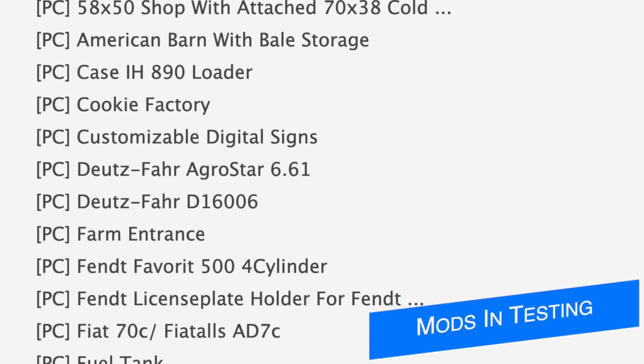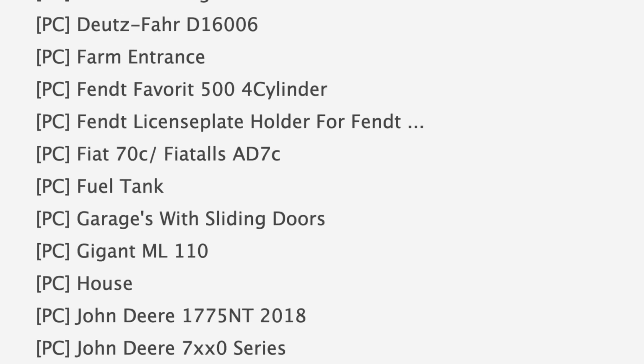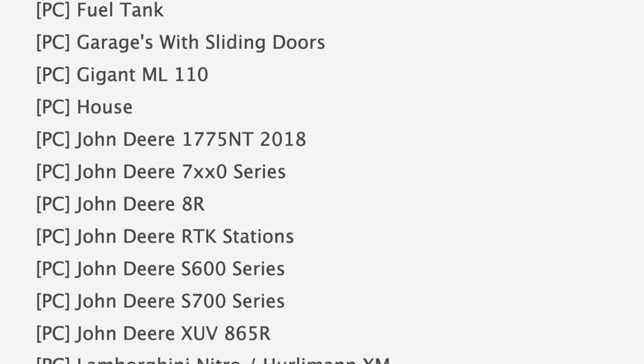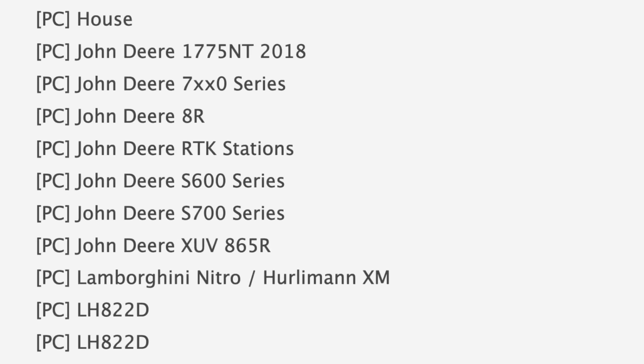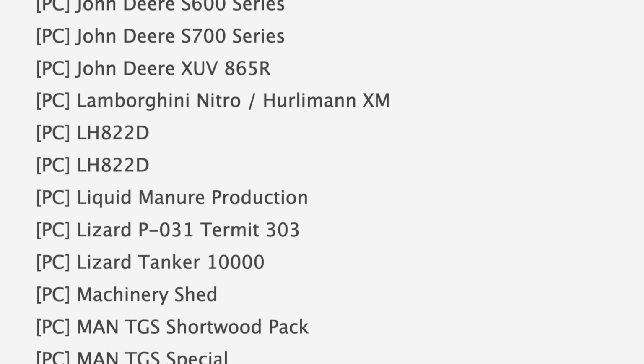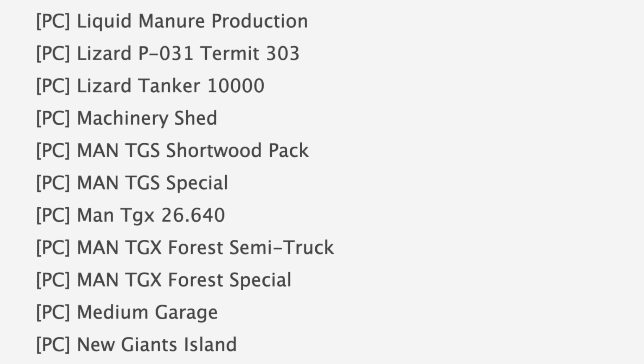In total, we got 109 mods on the list. 61 are in stage 1 and 48 are in stage 2. Some notable mods of PC's testing include the Case IH 890 loader. We've also got customizable digital signs and the fan-favored 500 4-cylinder. Additionally, we got plenty of John Deere mods like the S600 and S700 series, Lamborghini Nitro and Hurlimann XM, and